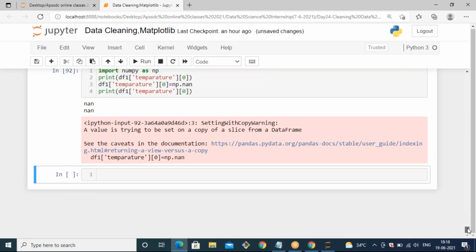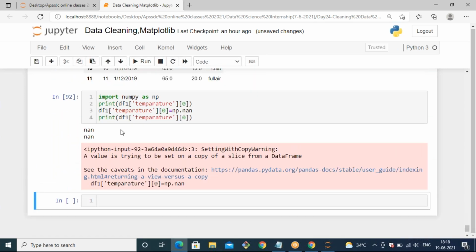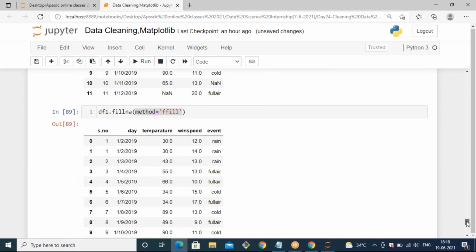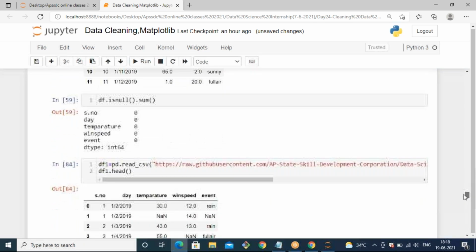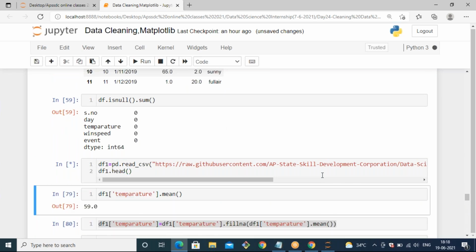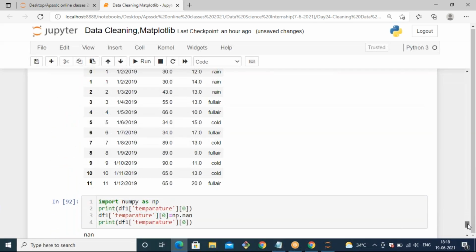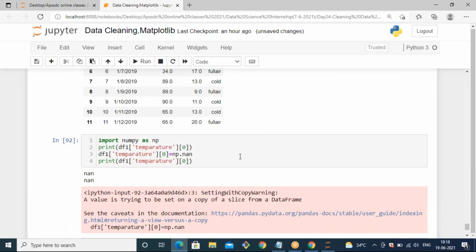So it is already overwritten. That's why I might get nan as a result, because previously I already ran this cell. So to overcome that, we need to read the file again, because the main data is going to be overwritten at any time, it should be changed. So now you can observe.